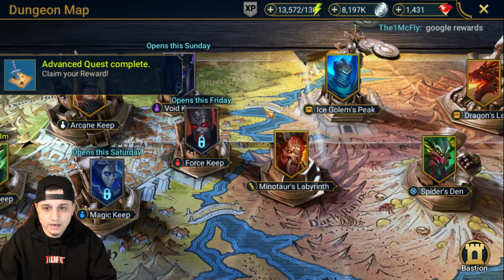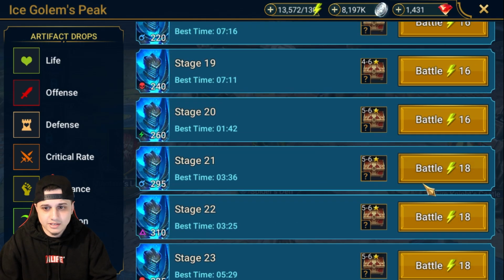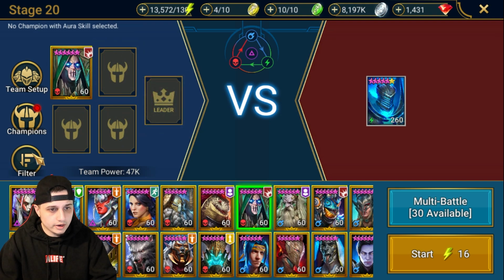And alright, let's head off here now and let's head into maybe the Ice Golem. I think that'll be a pretty good place, right? Let's just do stage 20. I don't want to be sitting here for ages. Haven't got any team set up. Alright, so